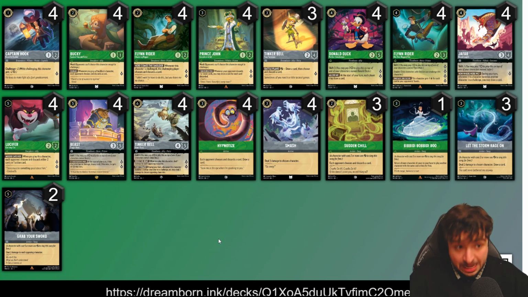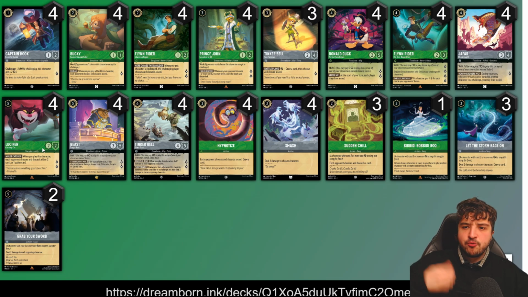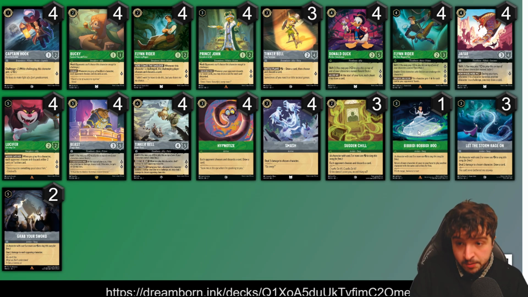Let's say they discard their action card. Cool. And then what you do is you sing Bibbidi Bobbidi Boo with your Donald Duck, for example, and then you are able to return the Lucifer to your hand and replay the same Lucifer. Now, this seems very weird to me, and in fact, someone did this against me in a tournament, but apparently it is the rules, which is ridiculous, may I just add,